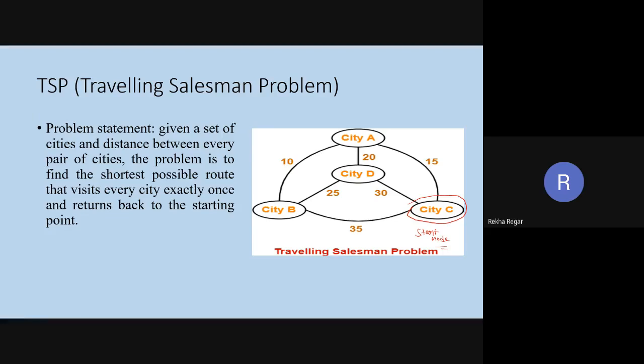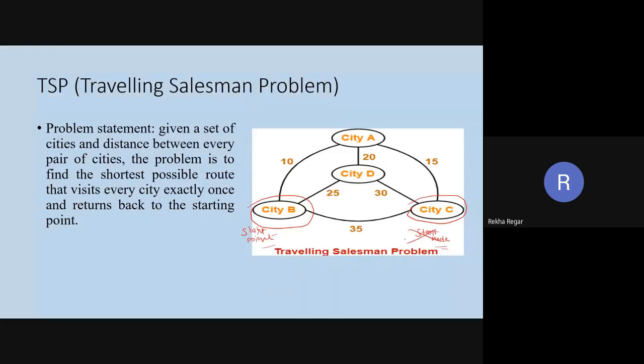Hello guys, are you getting the idea of this TSP or not? Okay. Now, instead of this start point C, suppose the start point is B. This is the start node.